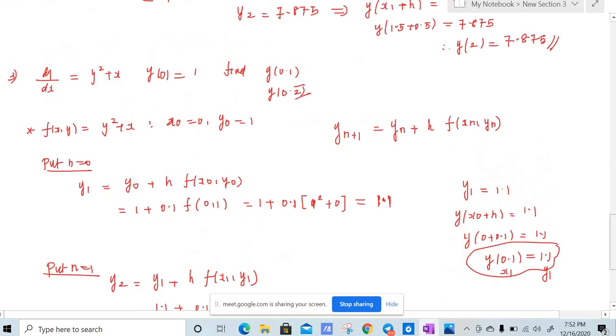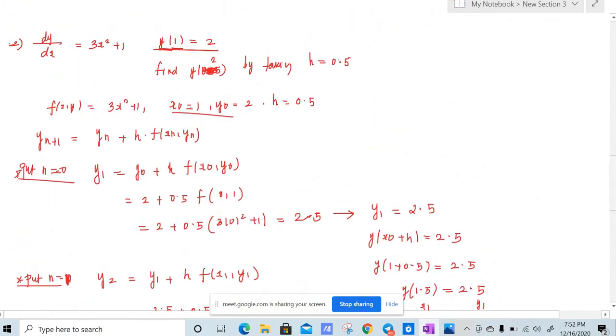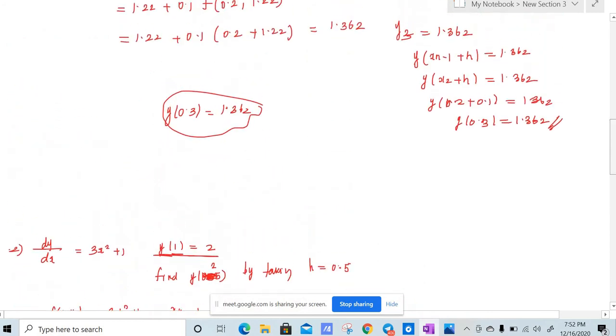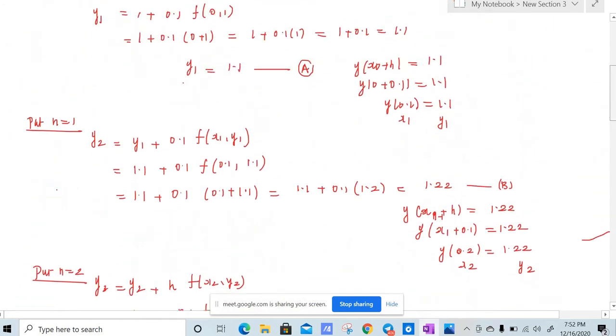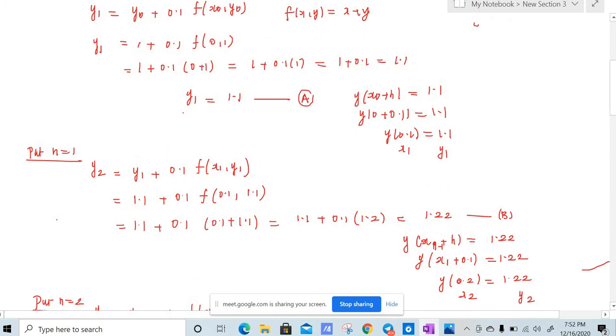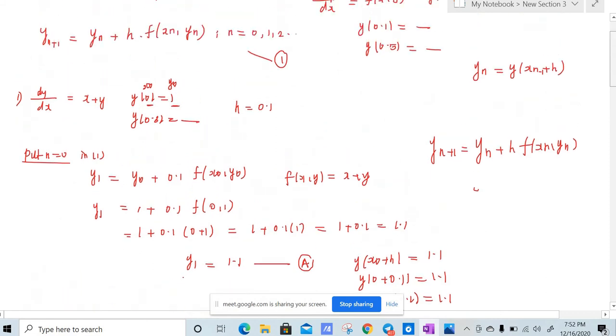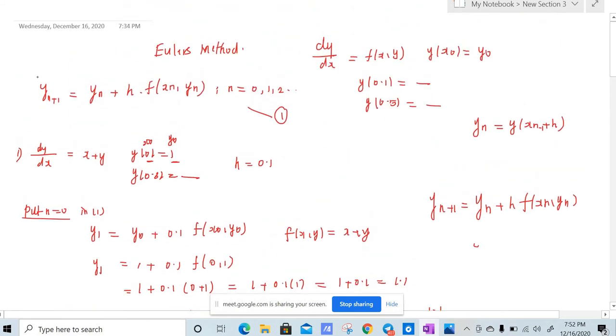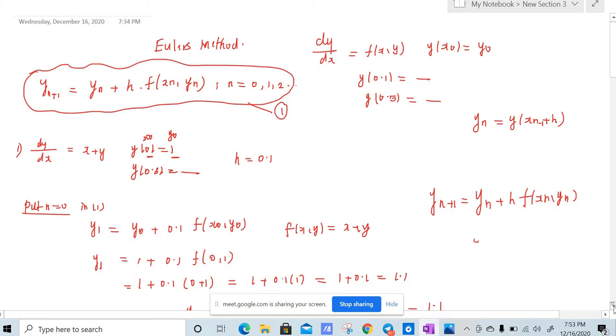That's it. Very easy, right? So Euler's method is very easy, since we have already done the difficult part. First I completed the Runge-Kutta method, then I am coming to the first method, right? So this will be very easy after the Runge-Kutta method. Runge-Kutta method is also very easy, but this is even easier. So only this formula: put n is equal to 0, 1, 2, 3, you will have y of 0.1, y of 0.2, y of 0.3 according to the value of h and x naught, right?